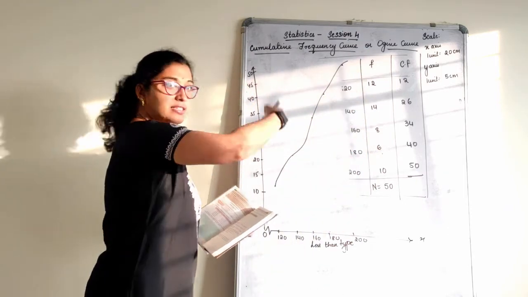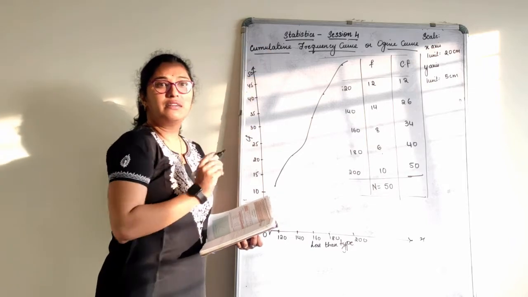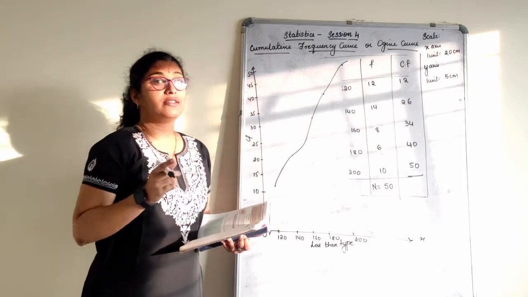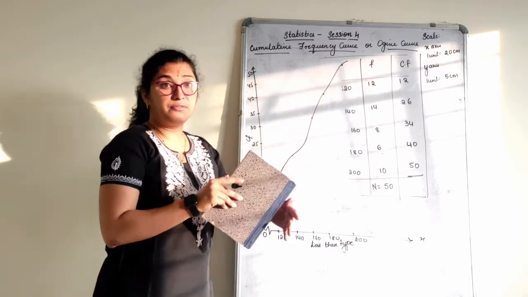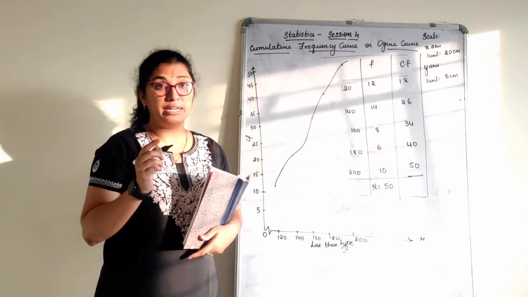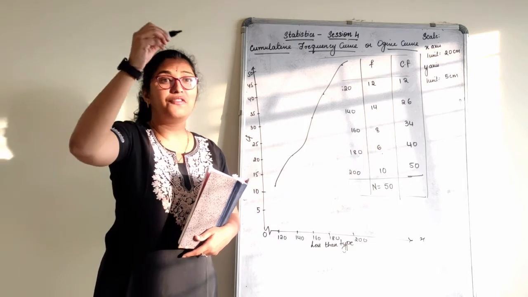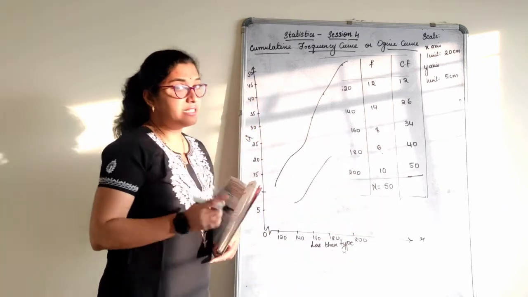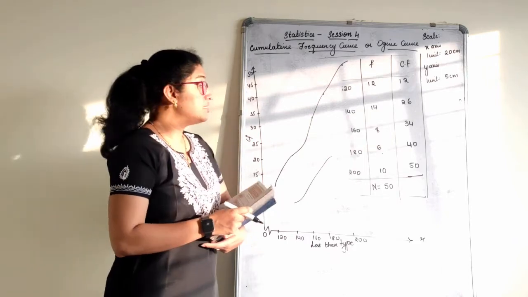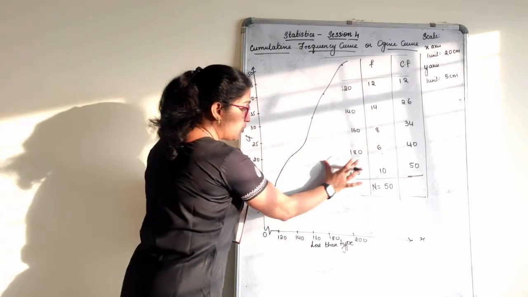So here when you actually draw, right, this slight curve will come. Learn, practice drawing a curve here because it should look like a curve. Do not use scale in joining this. It should always come freehand. It always comes in this form. Never a straight line, right? So this is an ogive curve. Now the question ends here.